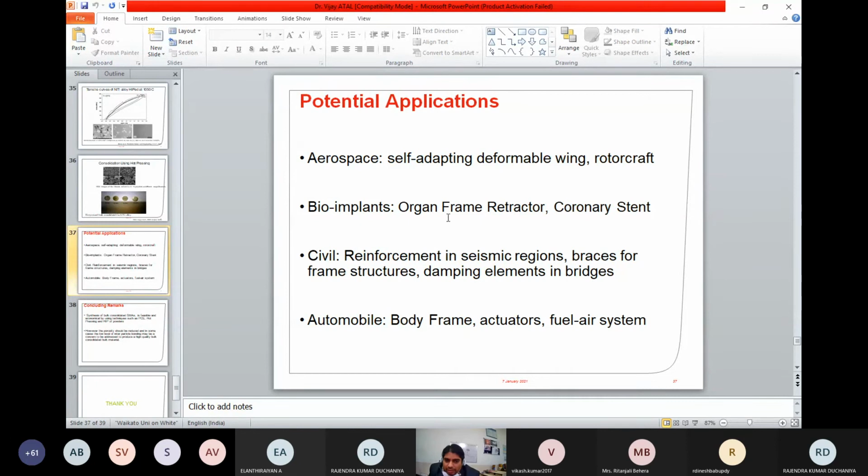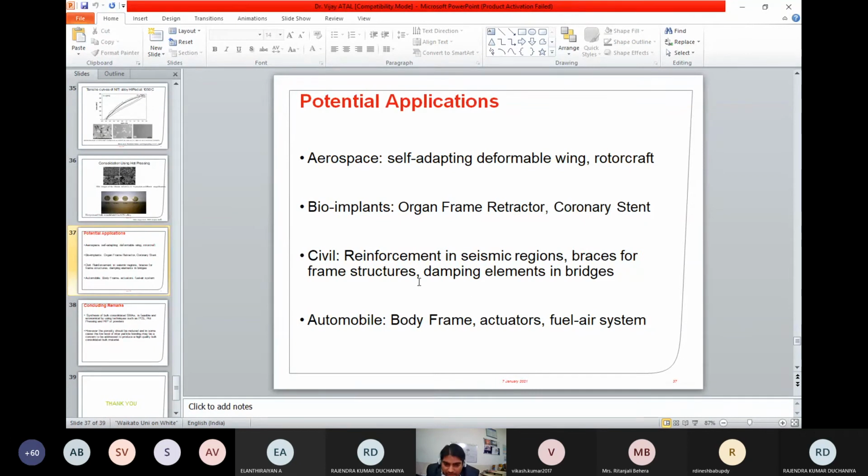And bioimplants, which include organ frame retractors and also coronary stents. Whenever arteries are blocked, restricting the flow of blood, these stents are put inside. So coronary stents are nothing but shape memory alloys.